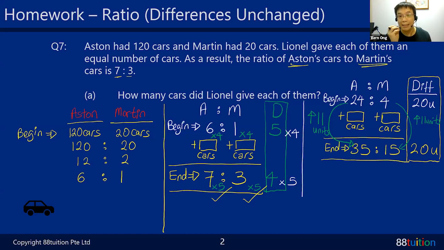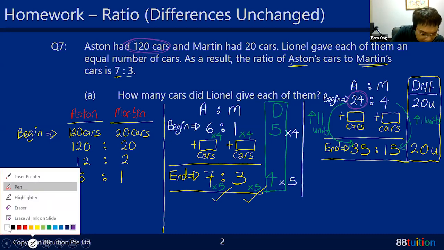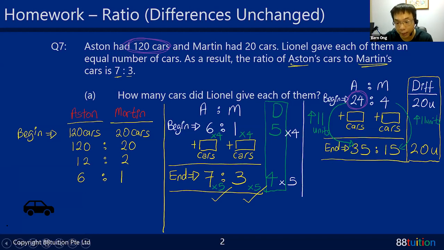Good job. So there's an increase of 11 units. So what is the clue? Let's go back to the clue. The clue says that Ashton got 120 cars in the beginning. Ashton got 24 units in the beginning. Purple is a bit hard to see. So that is the first clue that I have. Looking at the most updated ratio, which is this portion here, can you see the arrow? You compare the clue. Ashton got 120 cars. It simply means that 24 units is equal to 120 cars.